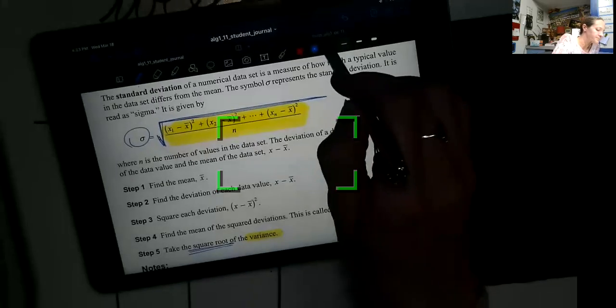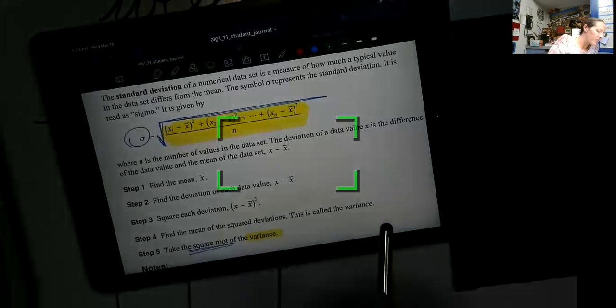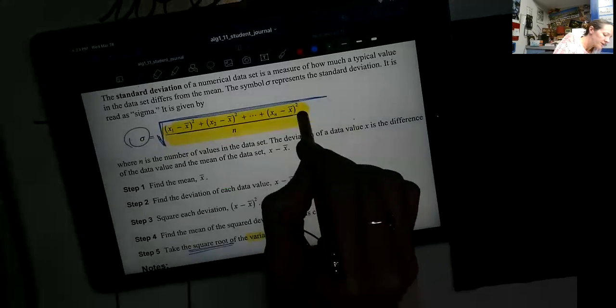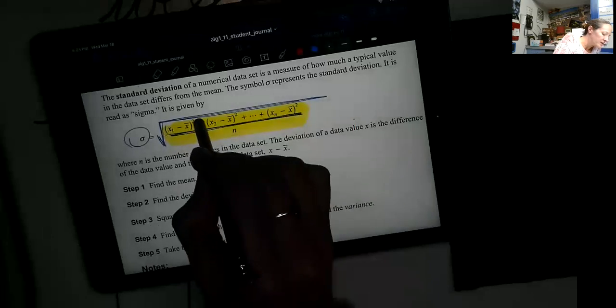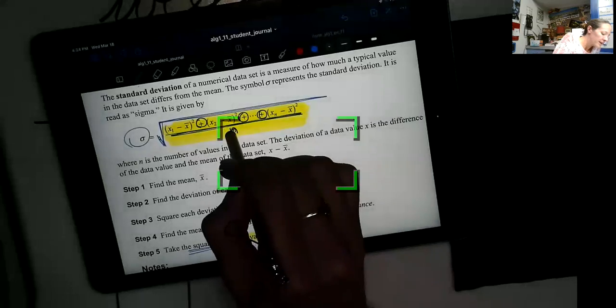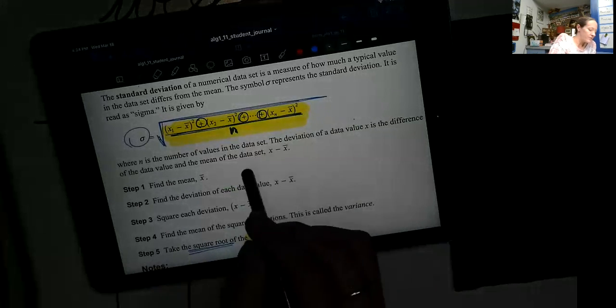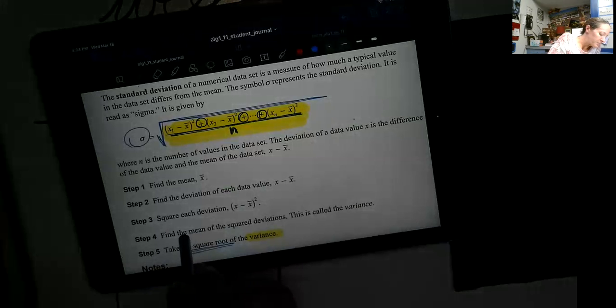Okay, so let's keep going. So we need a square root of the variance. And then if you guys notice, who is the variance? Well, it's a big old division of lots of additions divided by n. Wait a minute, yesterday, who was the guy that said add all these different things up and divide by the number, n? You guys check out right above, the mean